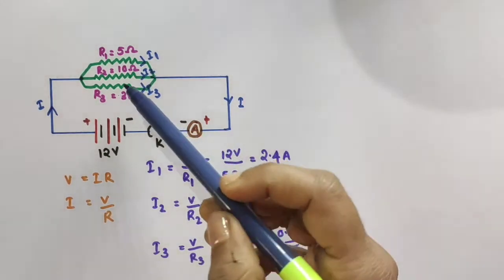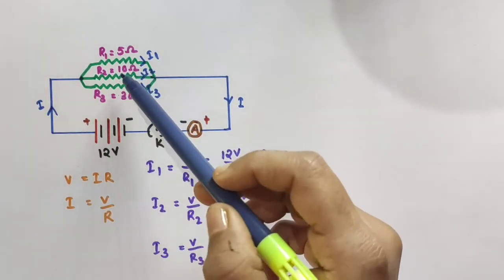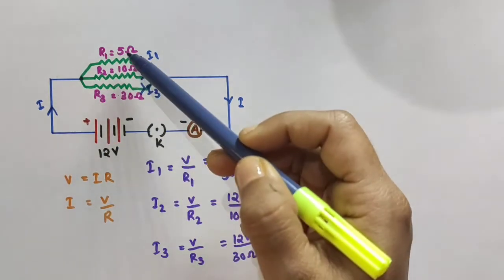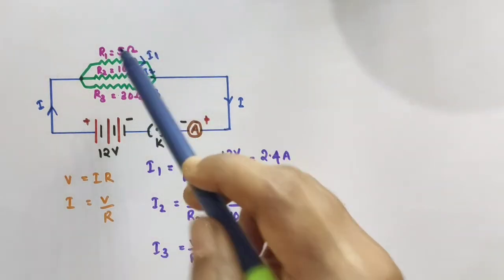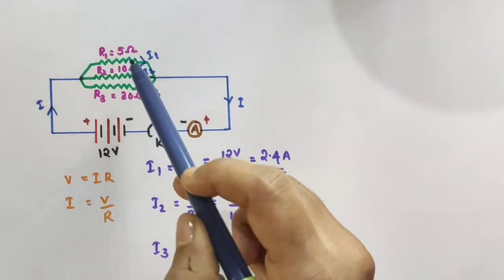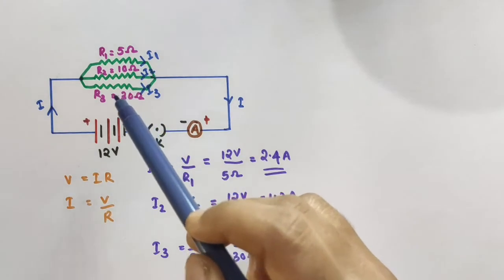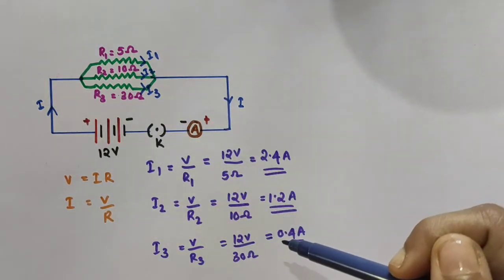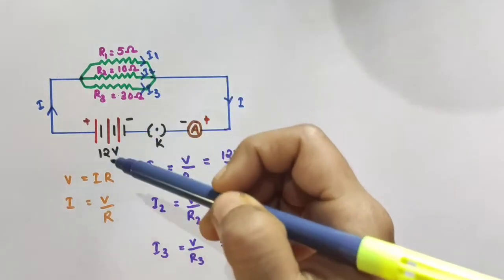Here you just notice one thing. First resistor has a resistance of 5 ohm. Second one has more resistance. The third one has even more resistance than the second. And what about the current? For the first resistor, resistance is less, so current is more. Right. For the second resistor, resistance has increased, so current has decreased. For the third resistor, resistance has again increased, so current has decreased. Okay, you see, compare the current values and the resistance values here.